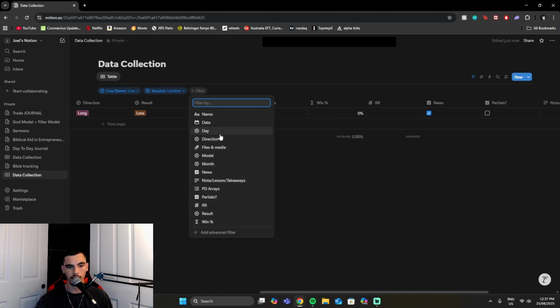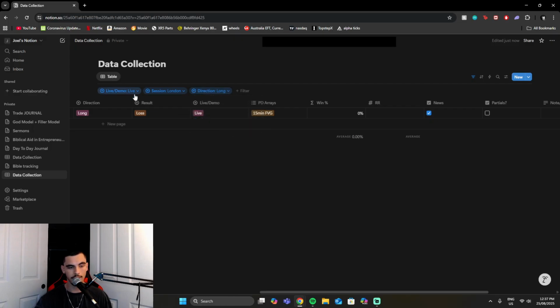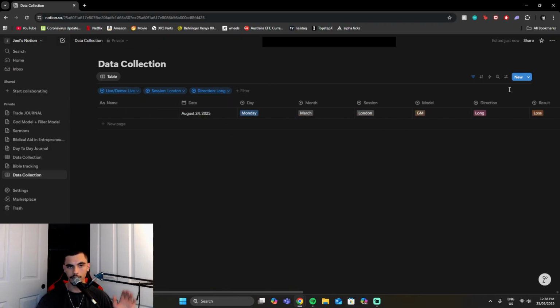So am I more successful with long or short? So that would be direction, long. So now this is just going to show me live trades in London going long. It's going to show me my same win percentage, risk to reward, and you can put as many filters as you want